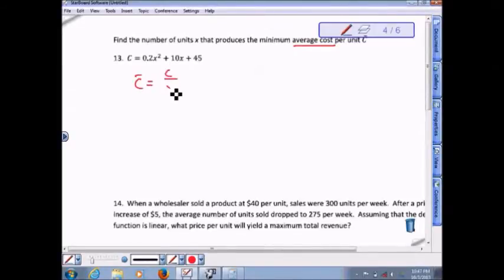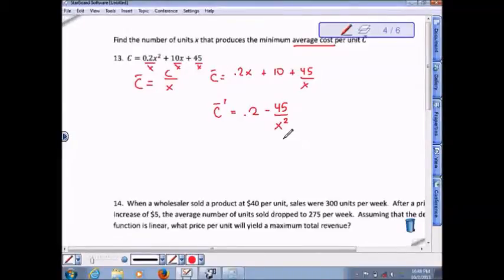The average cost C bar is equal to C over x. So C bar is equal to this whole expression pretty much divided by x, but it's going to make the derivative easier to divide every term separately by x. This becomes 0.2. Now x squared over x is x, and then 10x over x is 10, and 45 over x. Now we take the derivative, we're going to get 0.2 minus 45